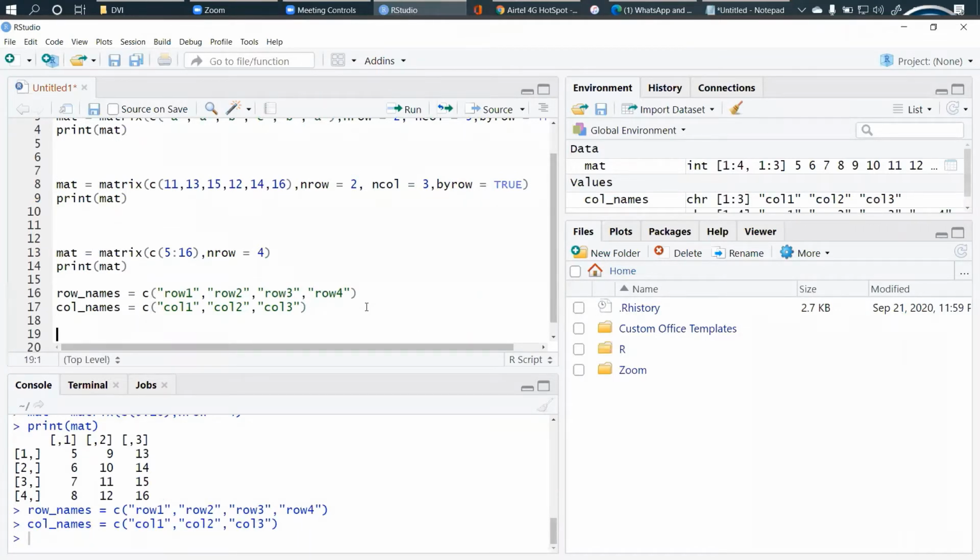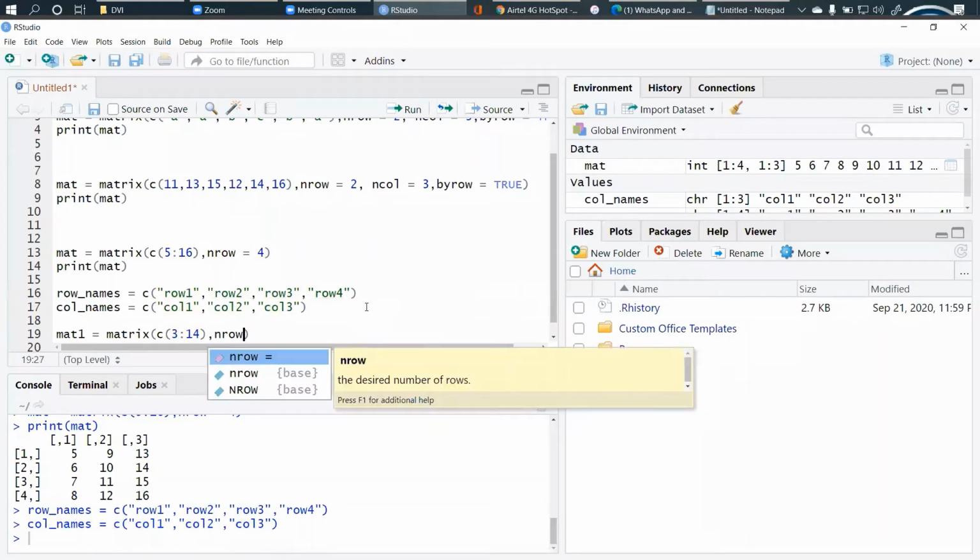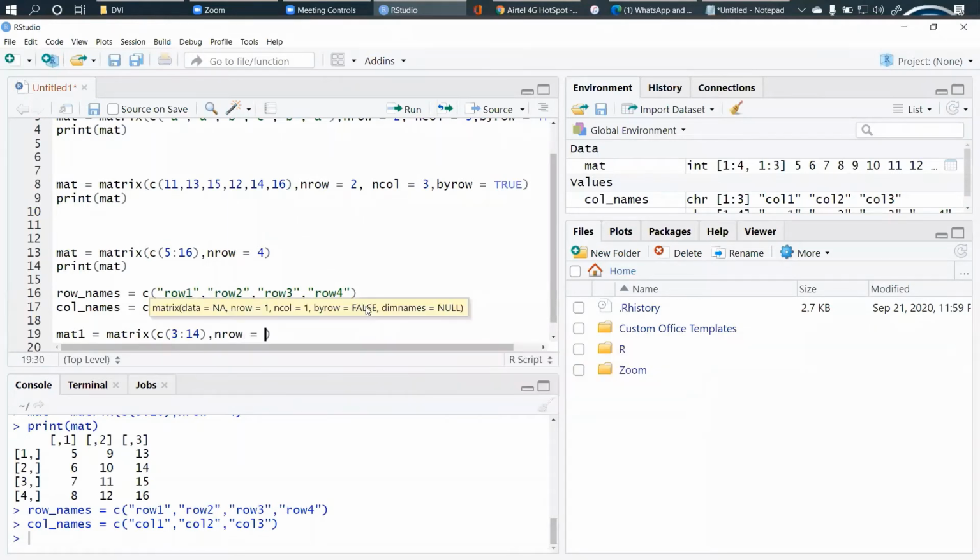Now we'll use another variable as mat1. We'll use the matrix function, concatenate it from some specific range. Define the number of rows. Rows are 4, sorted by row.